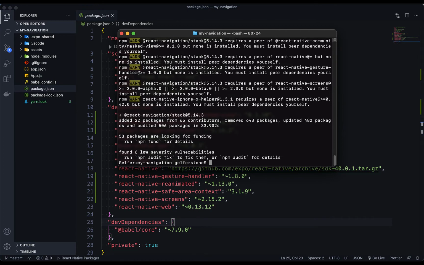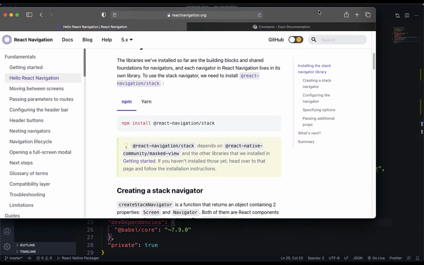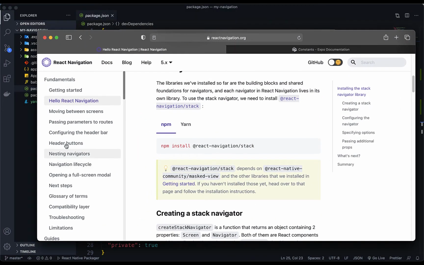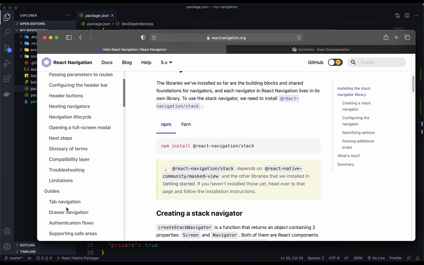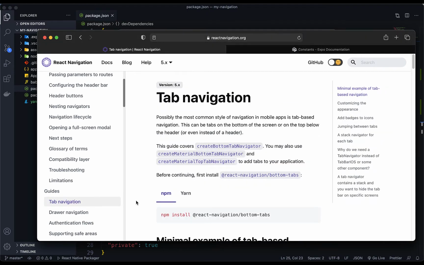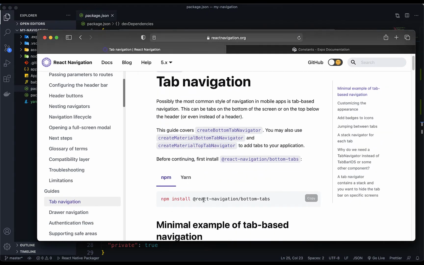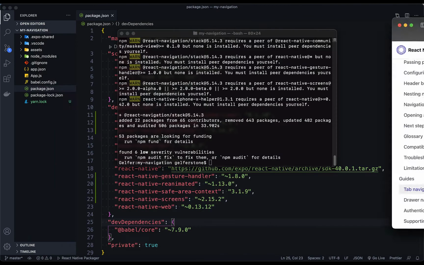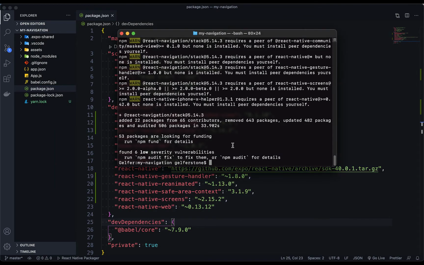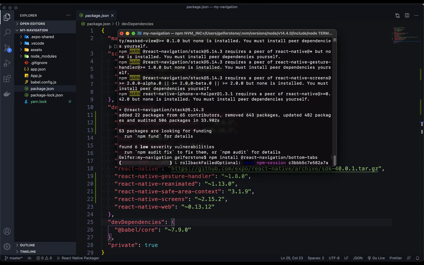We will also use bottom tabs navigation. So go back to the terminal. Scroll down, here tab navigation, copy this line here, paste it in your terminal, install,